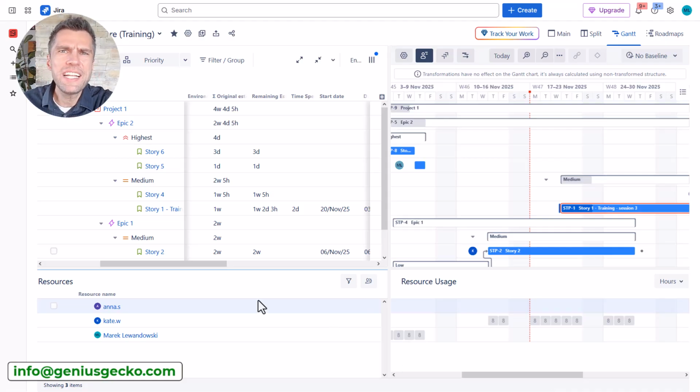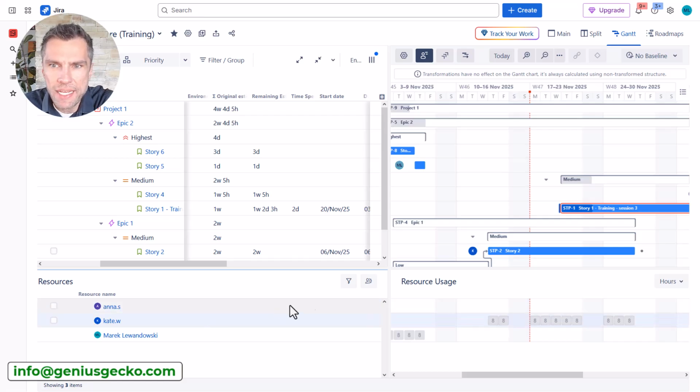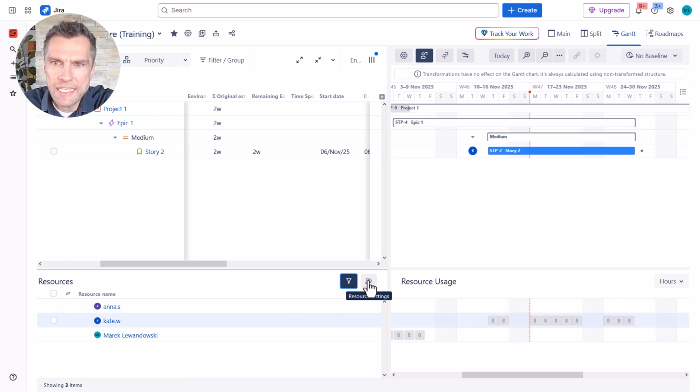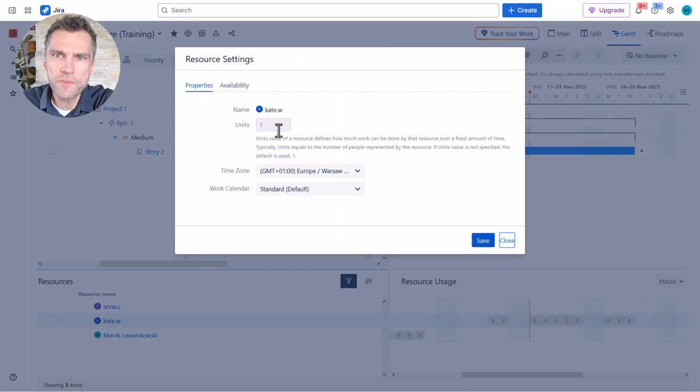But what if Kate can spend only 50% of her time working on that particular task because she has some other assignments, maybe working on some other project? Well, I can click on Kate. I can actually use this filter as well to focus only on Kate, and now I can edit the resource settings for Kate. So first of all, Kate's units are set to 1, meaning that her capacity is 8 hours,